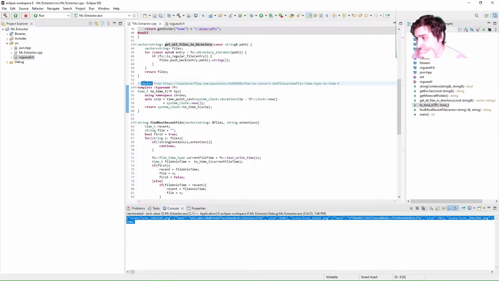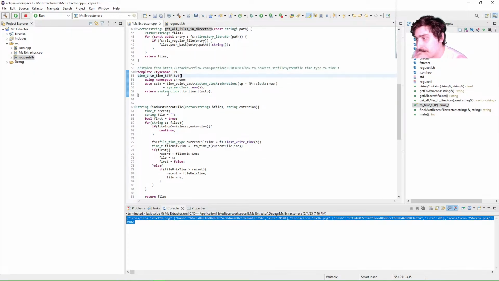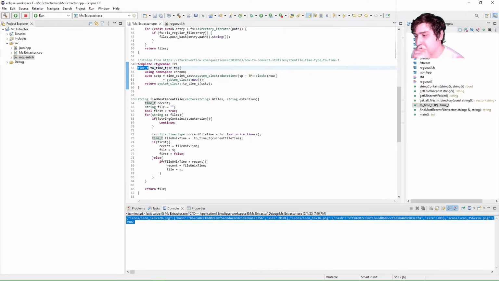This is a function I stole from this Stack Overflow article. Basically, it takes, and for some reason it's templated. I don't know how. This is one of the things I don't like about C++, just how fluid some of these types can be. It's like, yeah, just a template of something. What does that mean? How does this work? Basically it takes whatever this is and turns it into a time_t typed variable,